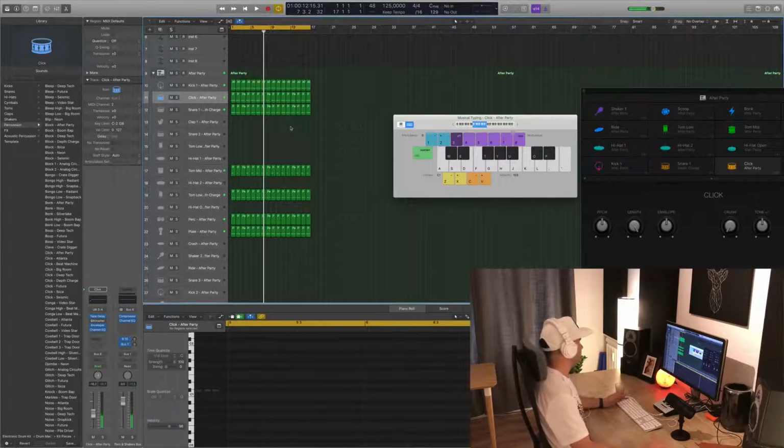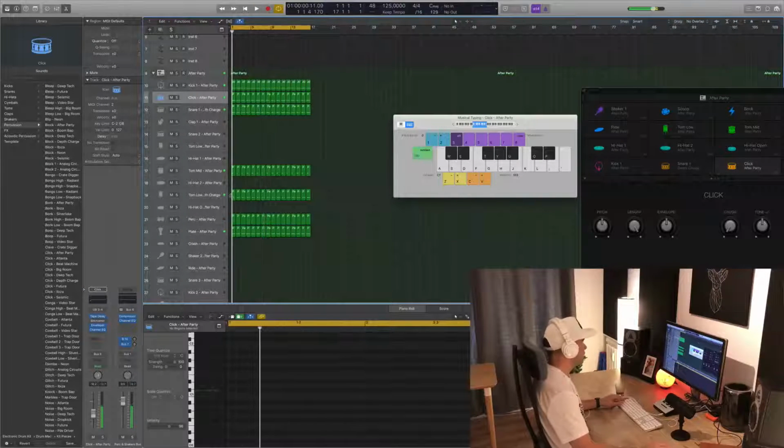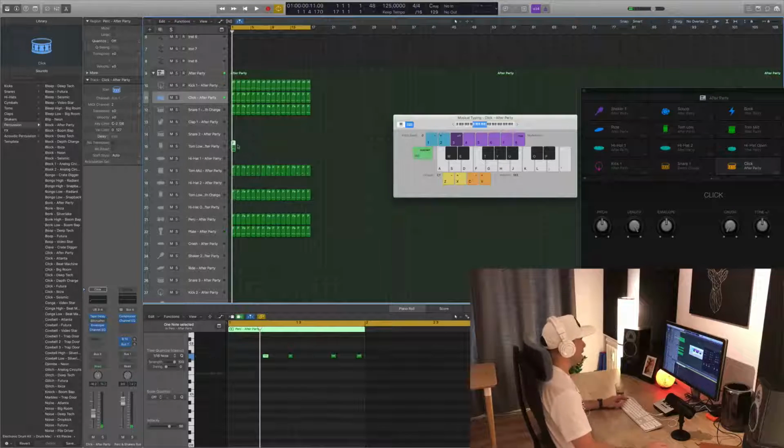I think we need some more drums, guys. I mean, we're getting there, but not quite. I like this low tom. I have a drum sound